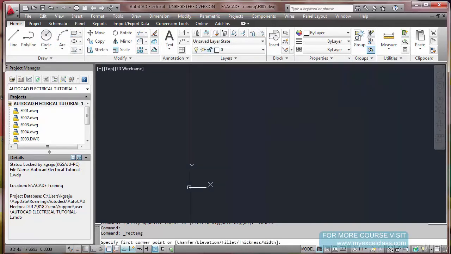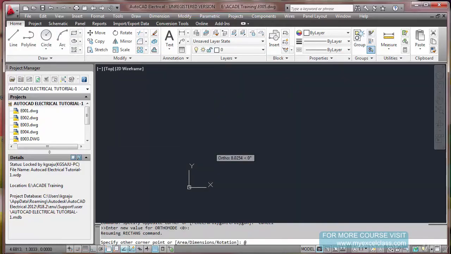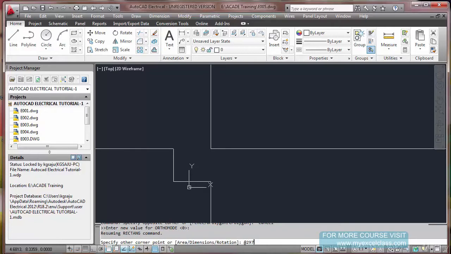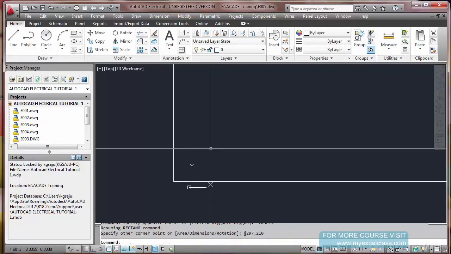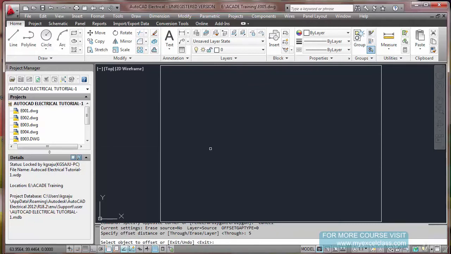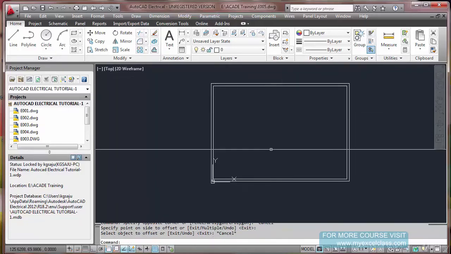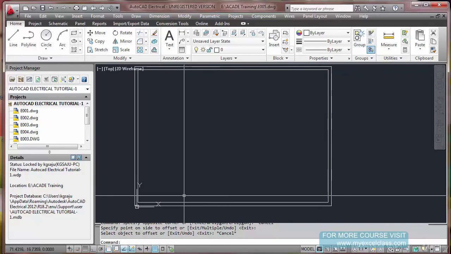And now I am going to make an A4 size title block. So I am making a rectangle 297 by 210. That is the standard A4 size. This is my title block, I mean the overall size of my title block, and I am offsetting this border through 5 mm. 5 mm, fine, 5 mm. These two things are okay.